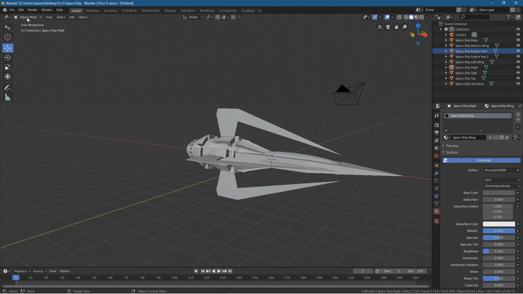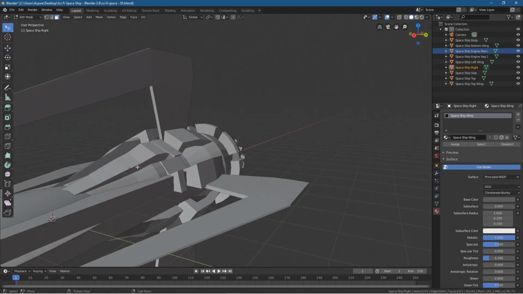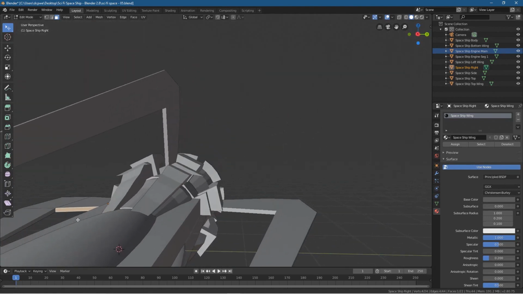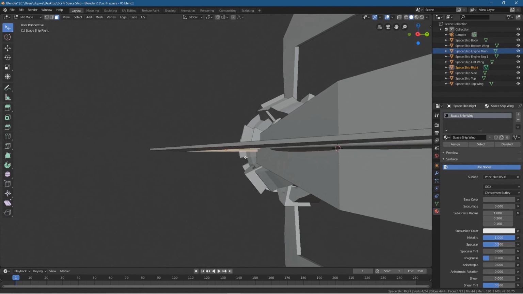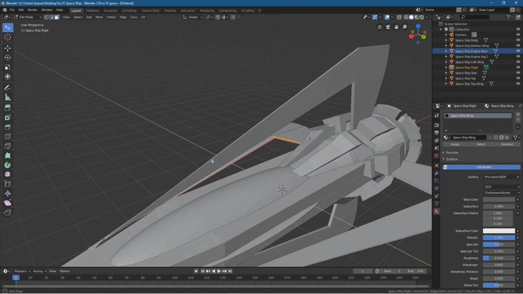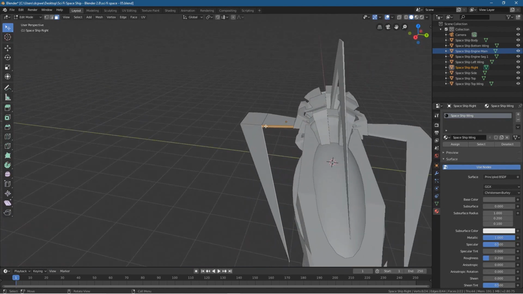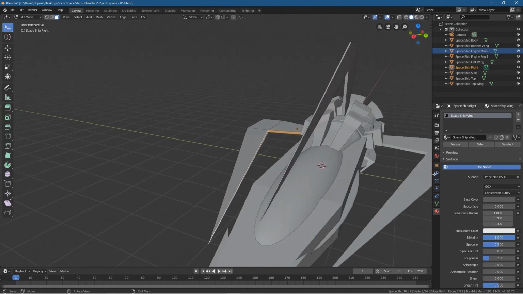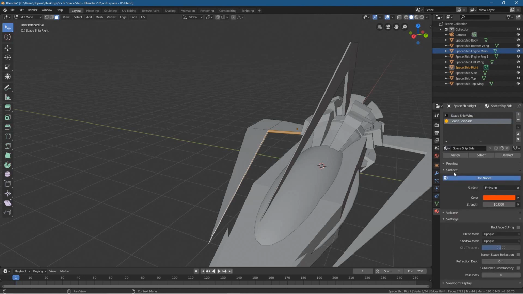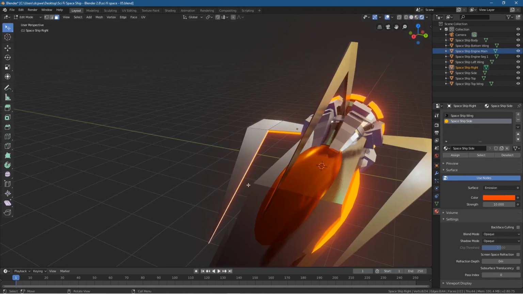Actually, what we do is click on this wing here, go into the edit mode, and we need to click on the inside here, this part here, and then we need to try and get to the other part. Let's just move our camera around a little bit. This part here, so that inside part like that. So just hold down the shift key, select the one part, and then select the other part. Try and get it on an angle, and then we want to click new, and then in the drop down select spaceship side and click assign, and then that will now glow orange on the inside edge,